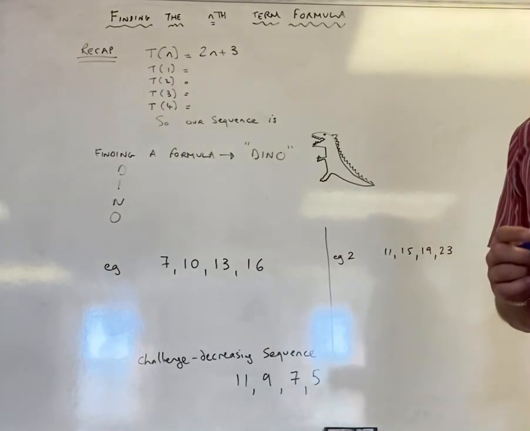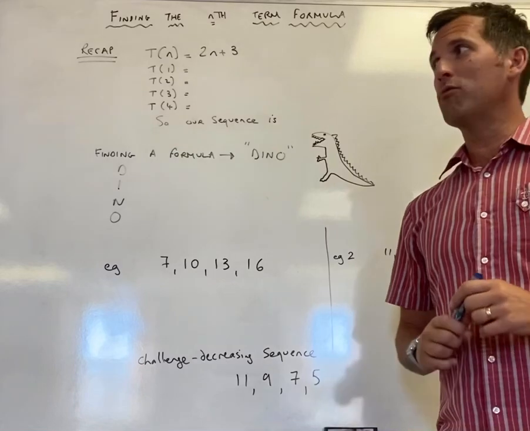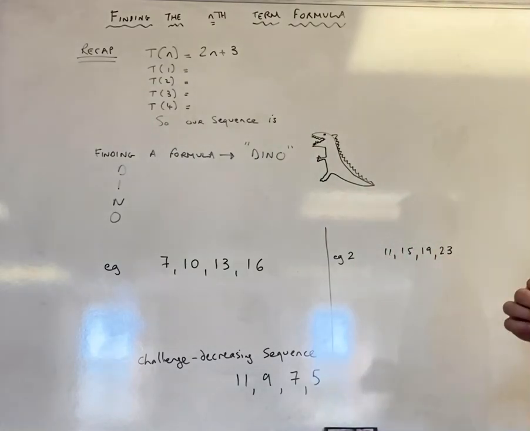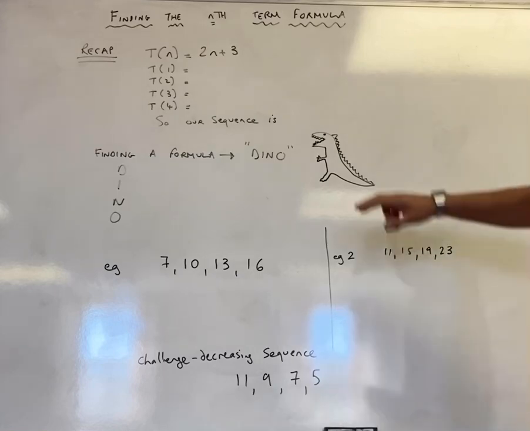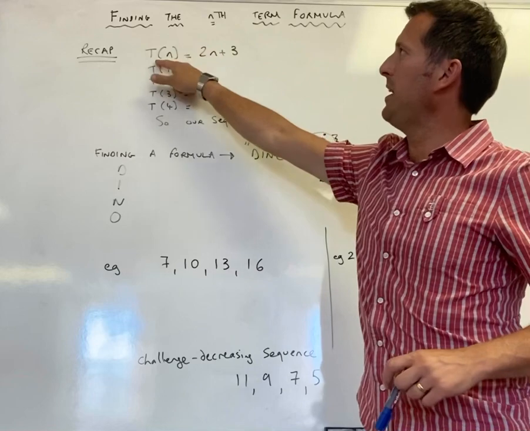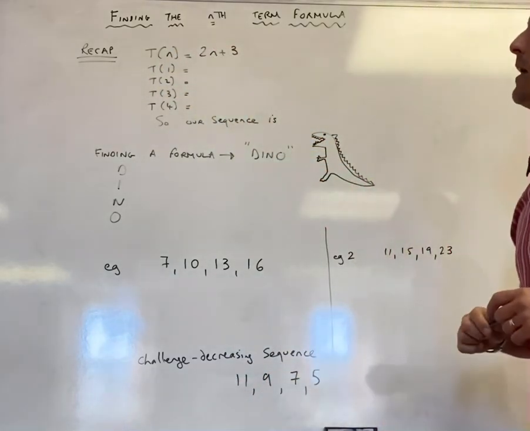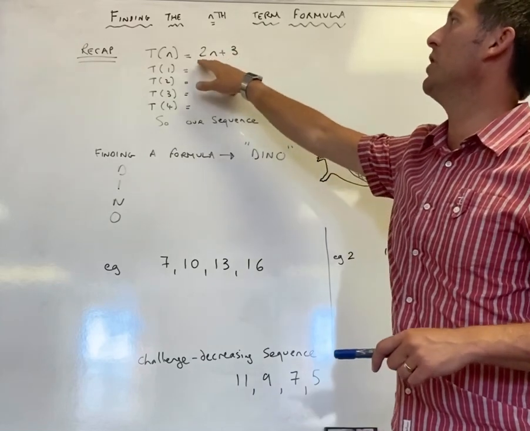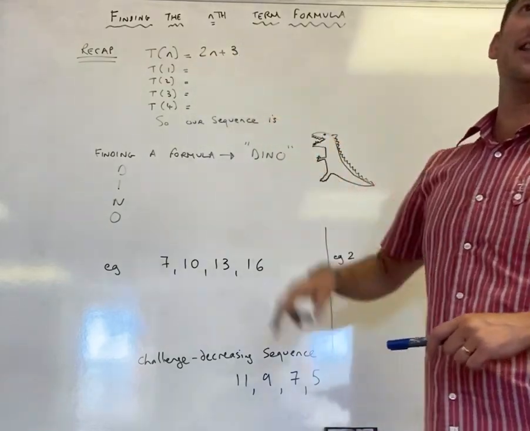formula. And before we do that, I'm just going to give you a quick recap of how we generate a sequence using a formula. So on the board, I've got my formula. This was the notation that you met on your previous lesson. So Tn just stands for term number. And this formula says 2n add 3, which means you're doubling the number and then you're adding 3 to generate